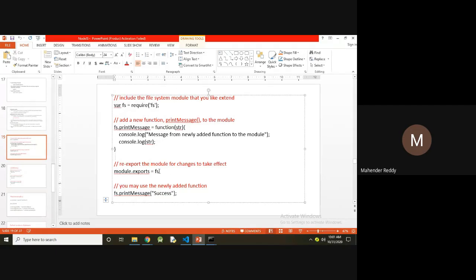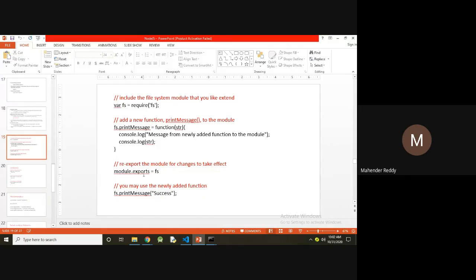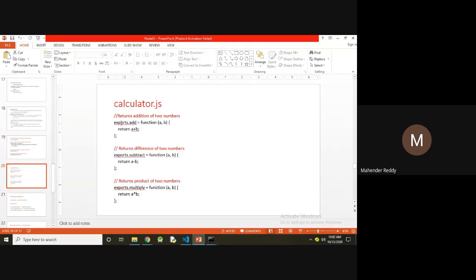After creating that, we have to export it. Without exporting, it is not going to execute that function. Here, no need to re-export. I just used exports.add, then this function is created and you can also execute this function.